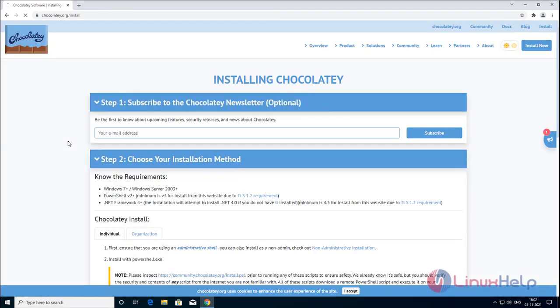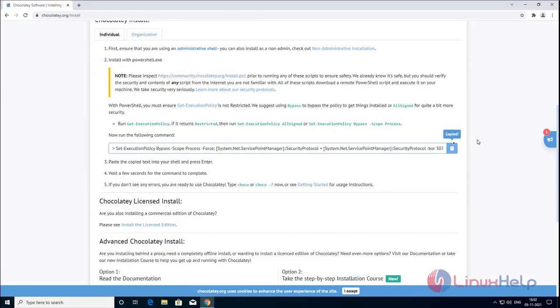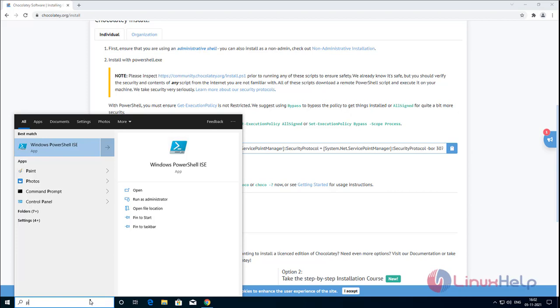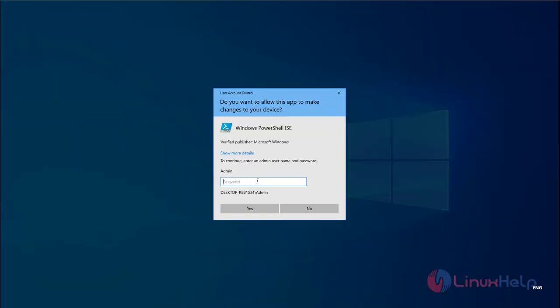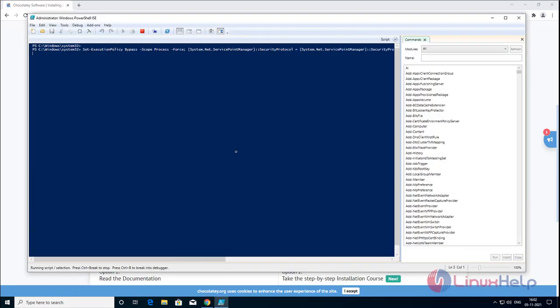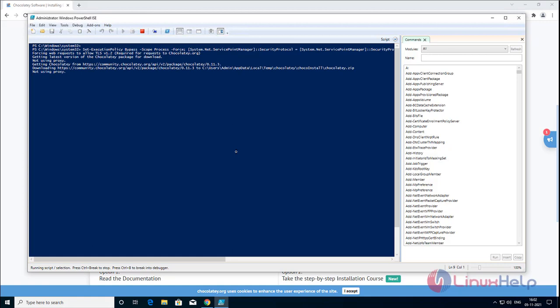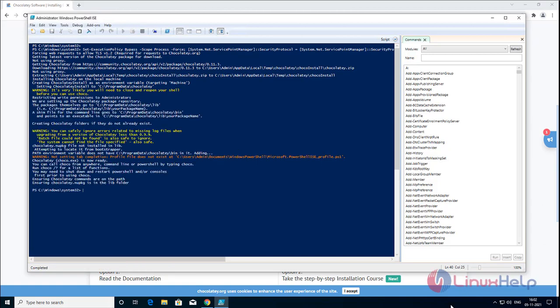Go to the installation link here, copy this line, search for PowerShell ISE, and run as administrator. Paste the copied code here. It will install Chocolatey on Windows. After it completes,